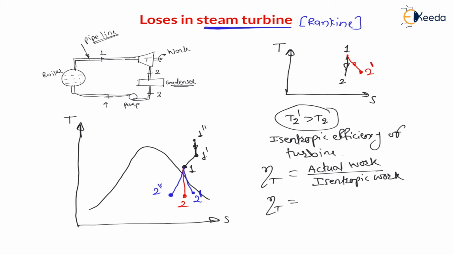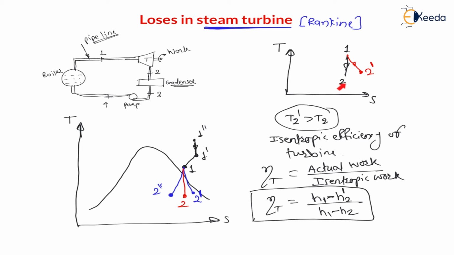Therefore this efficiency of turbine is equal to, now here actual work is 1 to 2 dash, therefore H1 minus H2 dash. It is enthalpy difference, or not? We have seen in basics, that is in the steam turbine, whenever we saw the Rankine cycle in the first lecture, we derived this. Here work is nothing but enthalpy difference, therefore H1 minus H2 dash divided by H1 minus H2. This is the turbine efficiency, H1 minus H2 dash divided by H1 minus H2, that is actual work divided by isentropic work, right? Now here 1 to 2 dash is actual turbine expansion and 1 to 2 is isentropic turbine expansion.